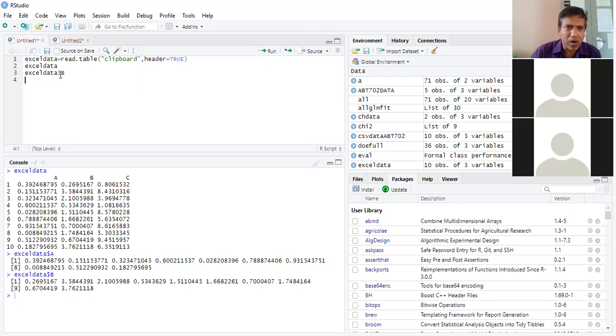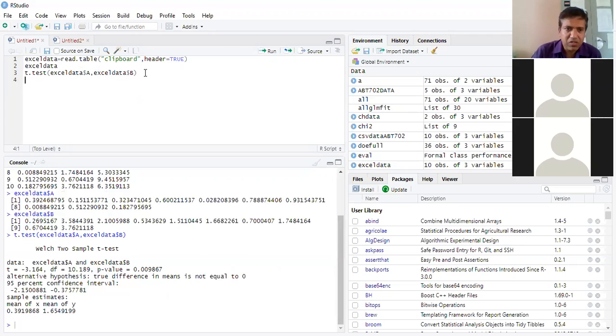Okay. So now what I am going to do is a t-test between A and B. So the command will be t.test. Then the name of the data, Excel data. Put the dollar sign and select A, because I want to do it with A and B, comma, same thing, I would just copy it, then paste it, then put the dollar sign and B. Okay, and I press enter.